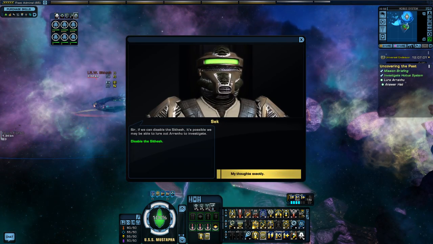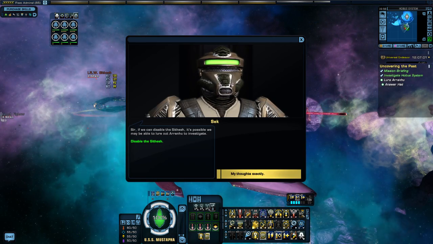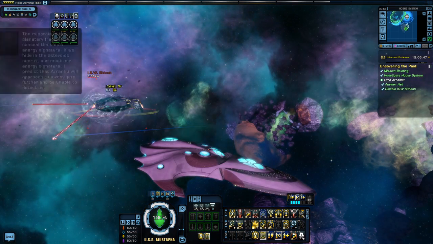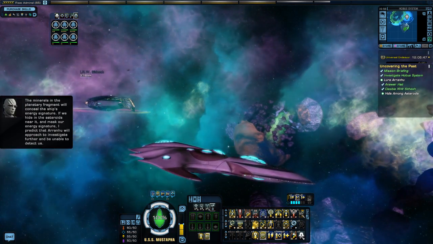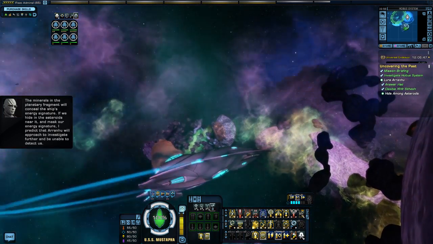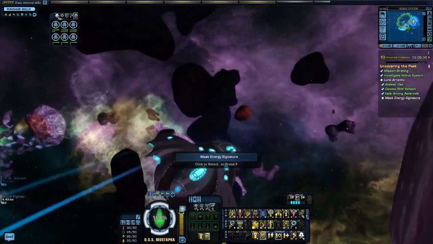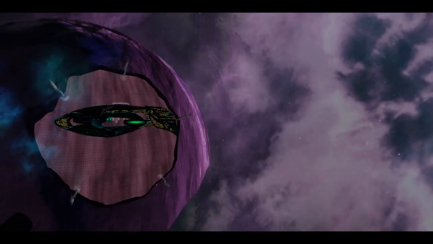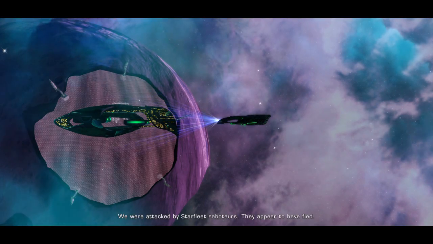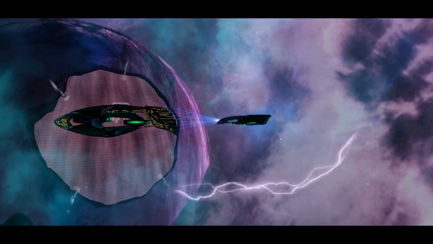We can disable the... it's possible we may be able to lower... to investigate. Well, the minerals in the planetary well, that's fine. It's a ship's energy signature. If we hide in the asteroids near it and mask our energy signature, I predict that Aranhu will approach to investigate further and be unable to detect us. We were attacked by Starfleet. They appear to have